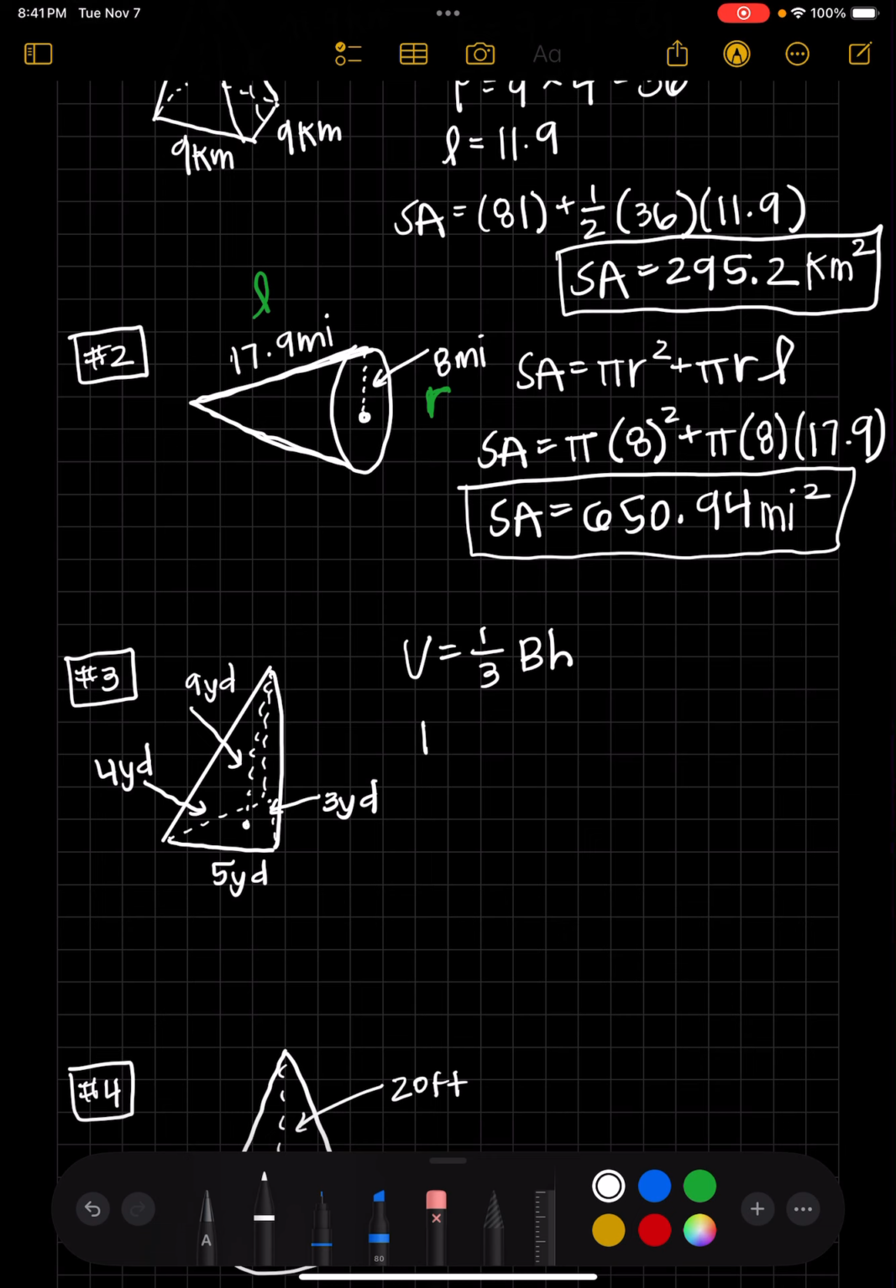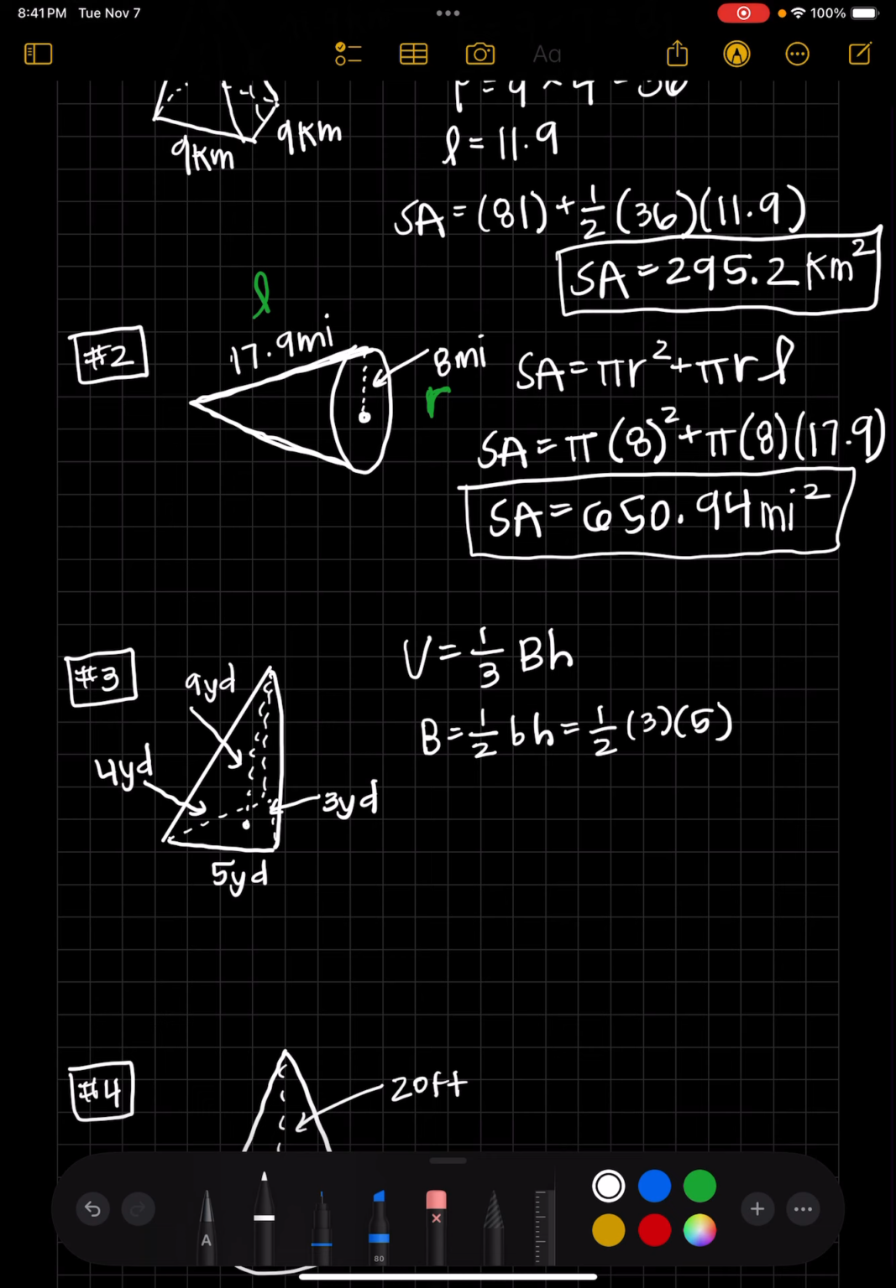Now my B is the area of the base, which in this case is an area of a triangle because my base is a triangle. I know the area of a triangle is 1/2 the base of the triangle times the height of the triangle. So in this case, it's going to be 1/2 3 times 5. Now, I don't necessarily know that 3 is the base and 5 is the height, but I do know that those are my bases and heights because those are the two that line up with, oh,